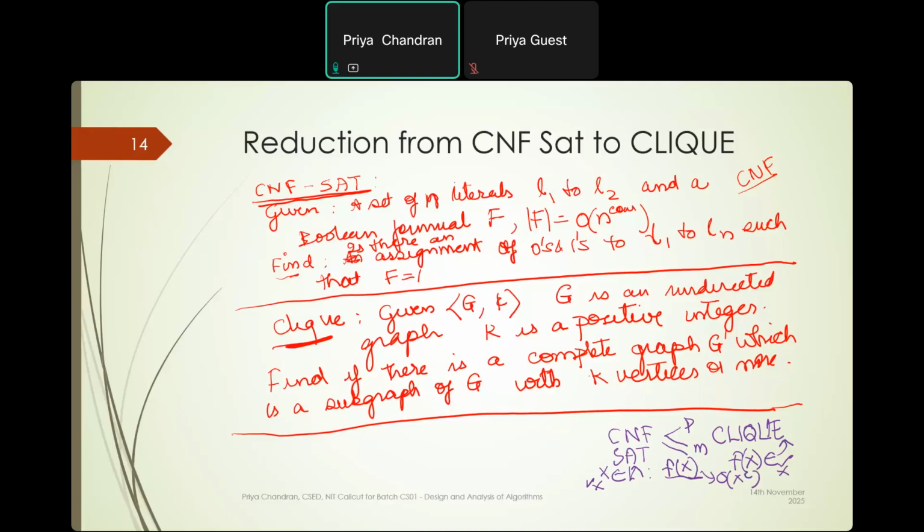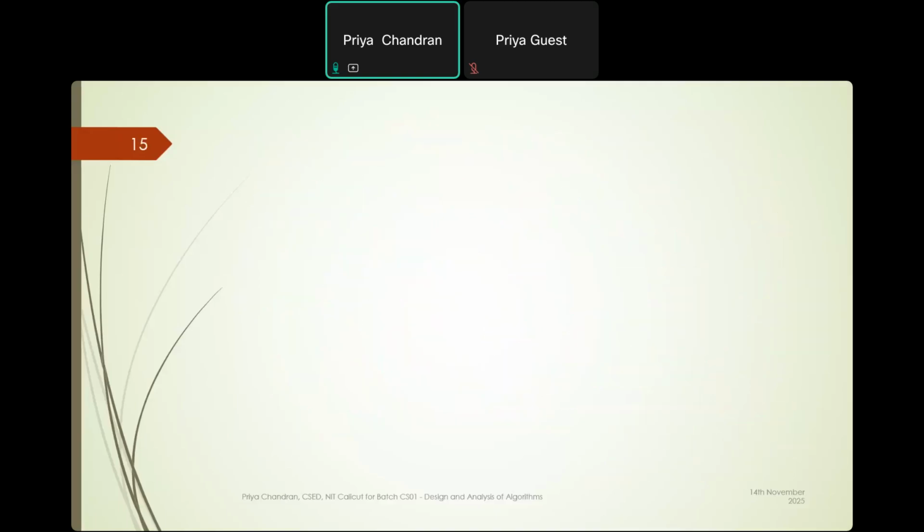In other words, we want to convert this formula into a graph, and embedded in that we should have the notion of the clique size k and so on, such that these conditions will be satisfied. So how we go about doing that is what we will just see. So let us take it that